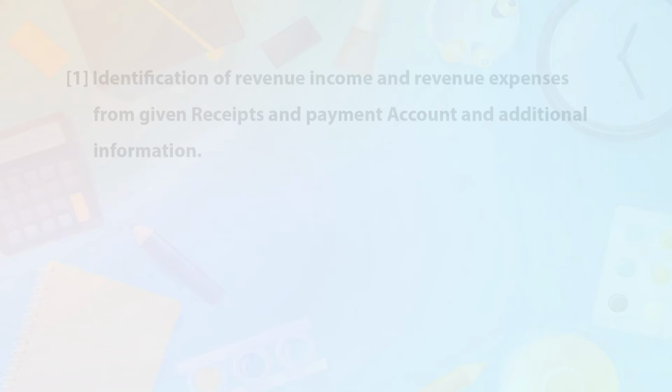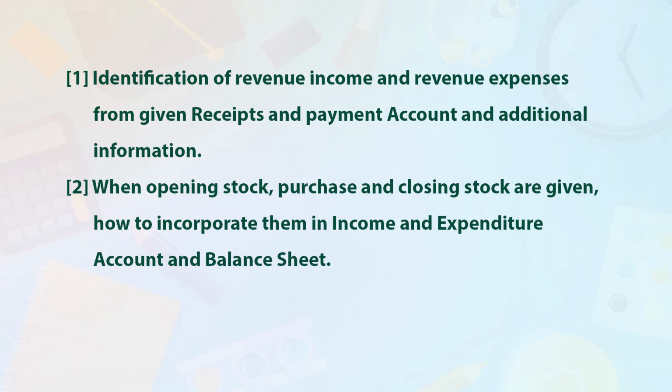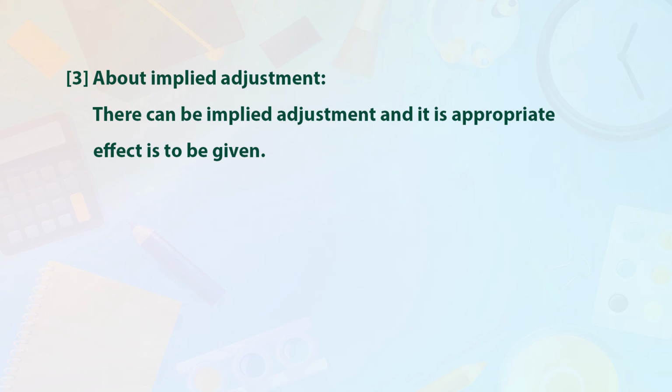In Part 6, we have discussed and understood accounting treatments of the first point, identification of revenue income and revenue expenses from a given receipt and payment account and additional information. Point 2, when opening stock, purchases and closing stock are given, how to incorporate them in income and expenditure account and balance sheet. Next point, about implied adjustments, there can be implied adjustments and their appropriate effect is to